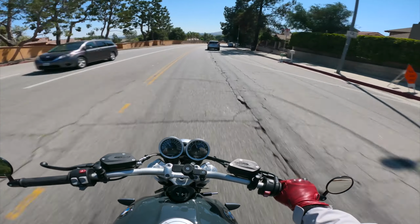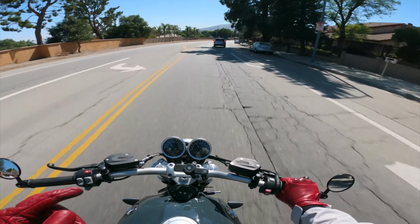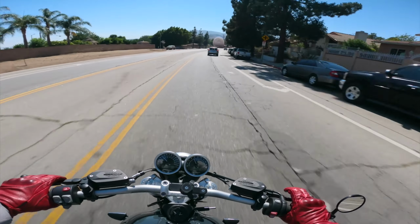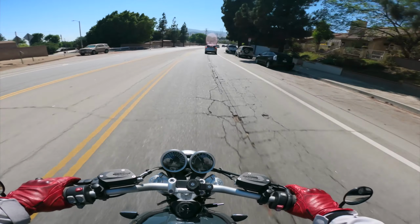We now have cornering ABS. We have dynamic traction control. We have ABS Pro. Just the list goes on with helping motorcyclers